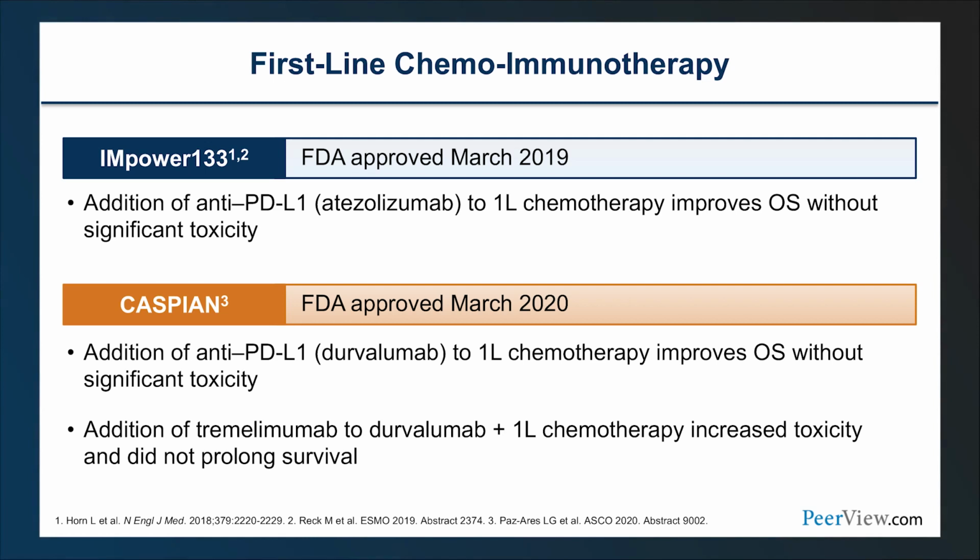And then subsequently, we also had approval of durvalumab based on the Caspian data in combination with chemotherapy, improving overall survival without toxicity, and certainly tremi plus durva plus chemo, not prolonging survival in a statistically significant manner, so not approved and not standard of care. We have 2 other trials that have also supported the use of immunotherapy in the front line. One of them was the combination of pembrolizumab with chemotherapy in a phase 3 setting. The Keynote 604 data, which showed similar survival curves, again, did not meet statistical significance, so not FDA approved, but